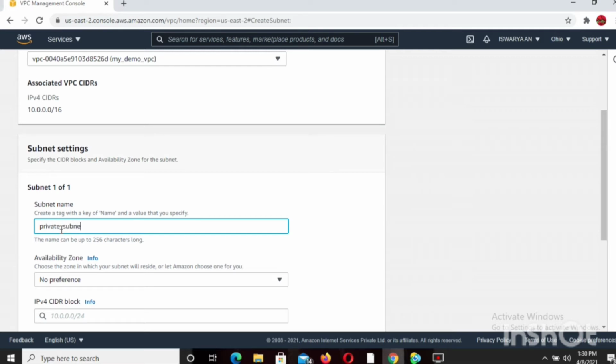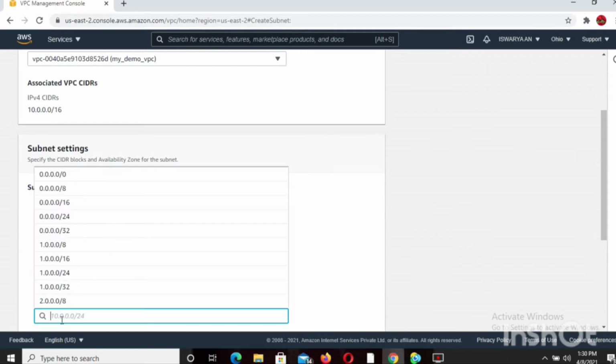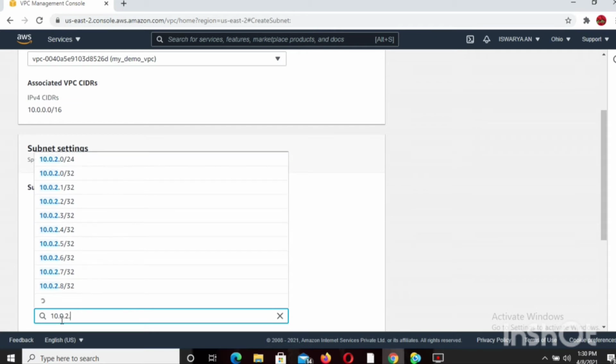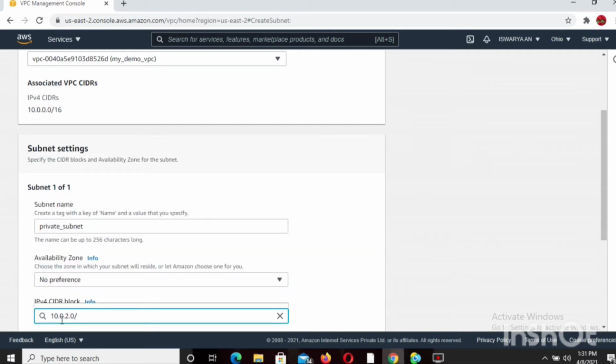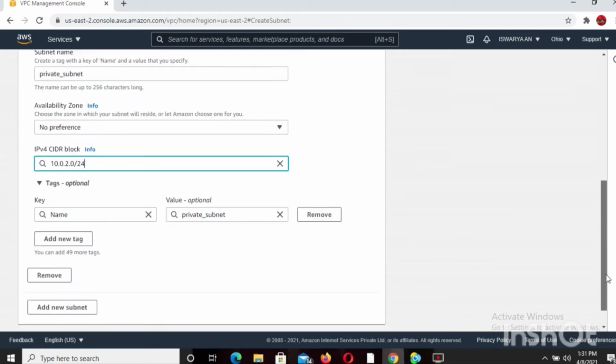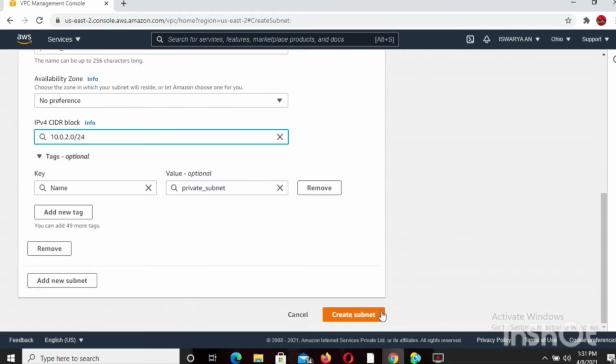Choose the availability zone as no preference, so that it will be chosen automatically for both the private and public subnets. You have to give the IP address range 10.0.2.0/24. After giving the IP address range, we are going to click create subnet.